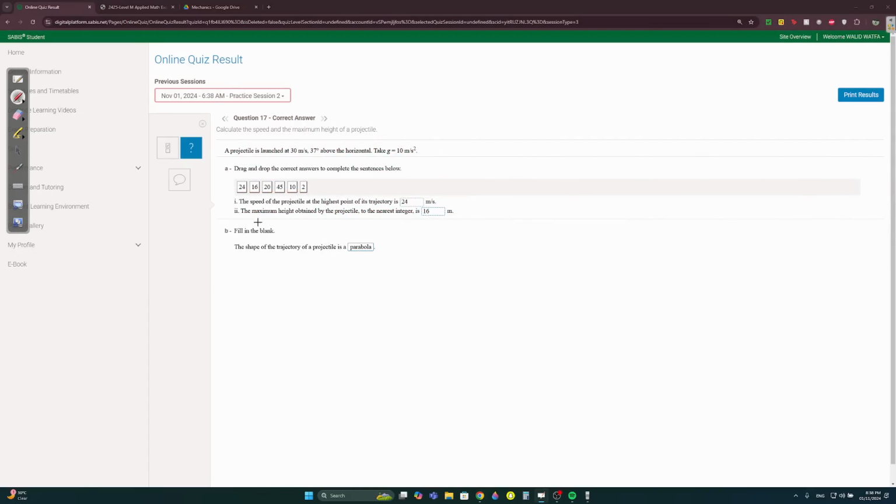So question 17. A projectile is launched at 30 meters per second, 37 degrees. So V node is 30 meters per second. Theta is equal to 37 degrees. G is equal to 10. The speed of the projectile at the highest point: always at the highest point, V is equal to Vx, which is equal to V node cosine theta. Always, because at the highest point, when you reach here,